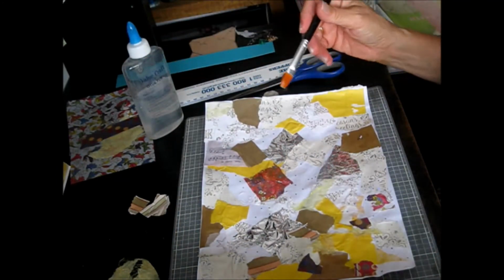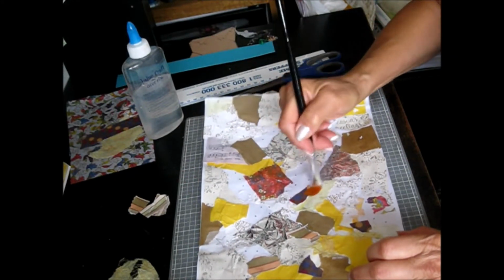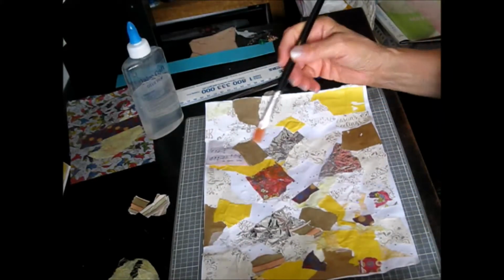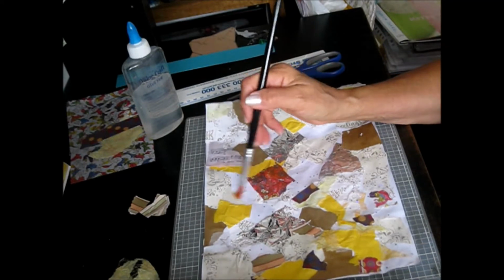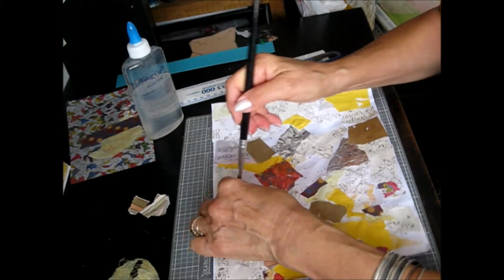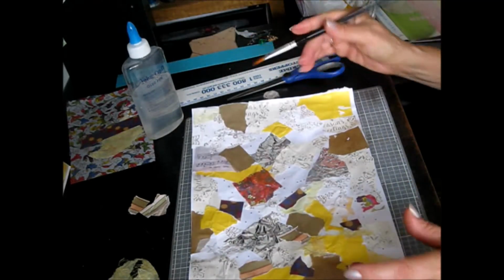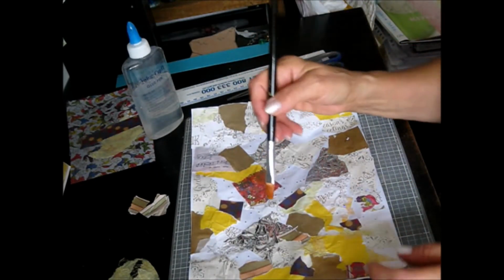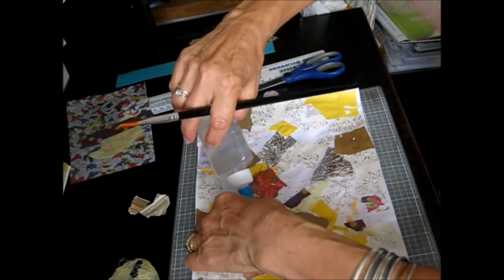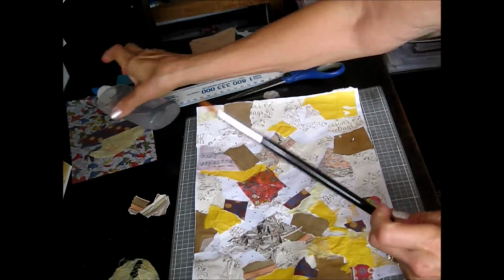So that's what I'm doing here. When I finish this one, I'll hang it up to dry again, and then do the second layer on the other one. Now the thing is, you can go as small or as detailed as you like with these. You can stick with bigger pieces like this, or smaller ones, but it really depends on what you're planning on using it for. For example, I want to make small envelopes with this,